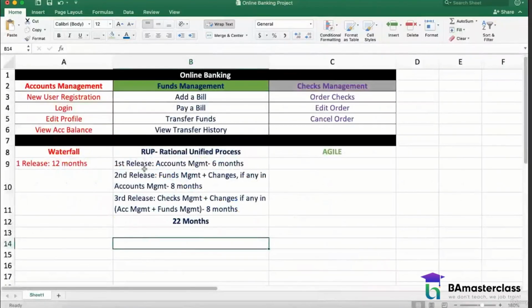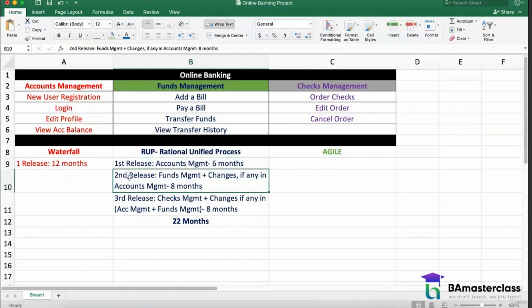Then another thing is at the end of each release, the SME gets to see the app, that particular functionality. They get to test it and play with it. And when they use it, if they don't like something that they see, they would get a chance to update it in the upcoming release. So that's again a major advantage. The next advantage is, let's write down,